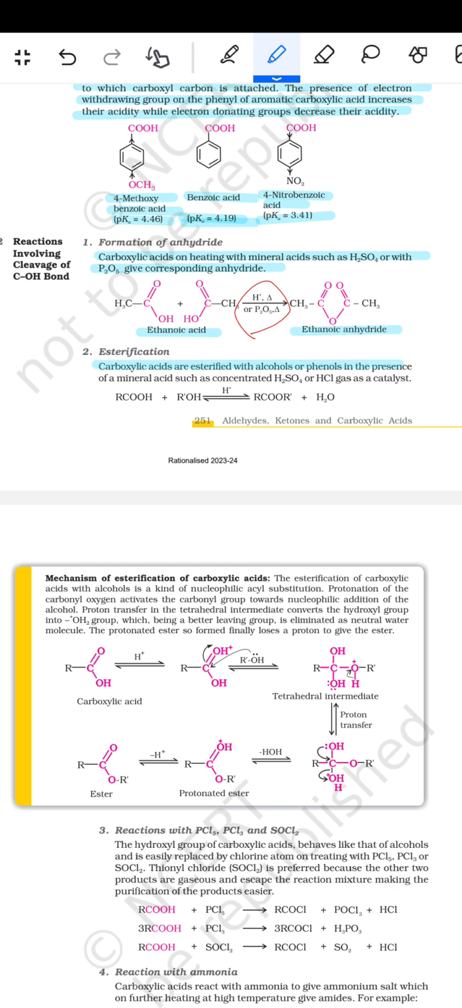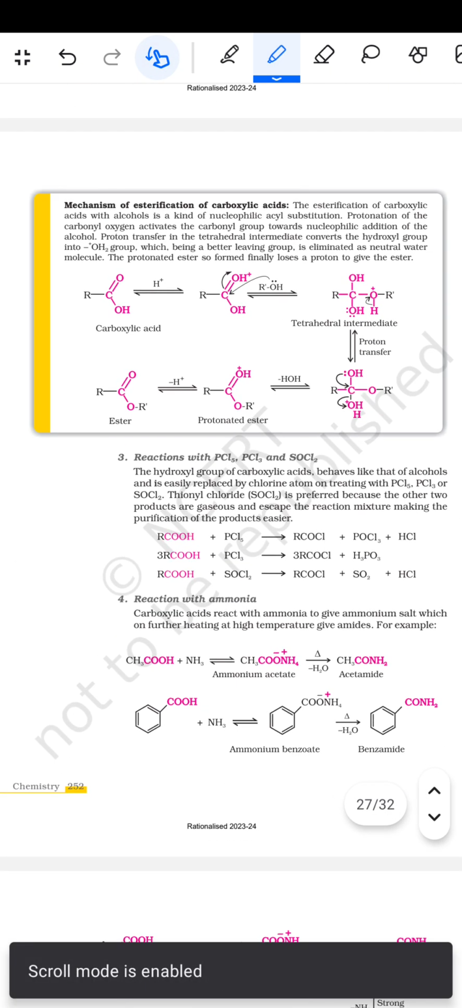Carboxylic acids are esterified with alcohols or phenols in the presence of a mineral acid such as concentrated H2SO4 and HCl gas as a catalyst. तो यहाँ पर RCOOH, ROH, H प्लस, RCOOR प्लस और H2O बन जाएगा। फिर आता है mechanism of the esterification